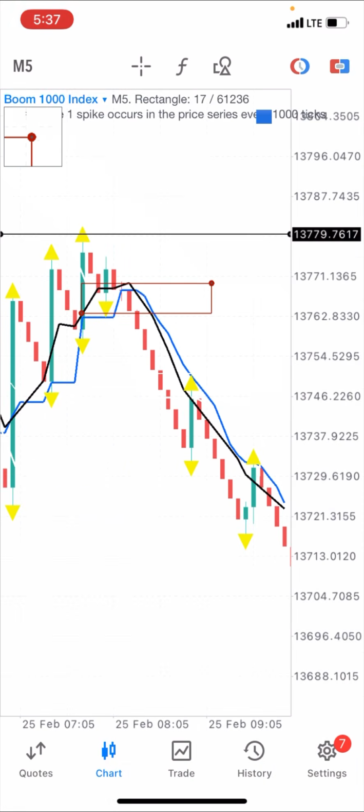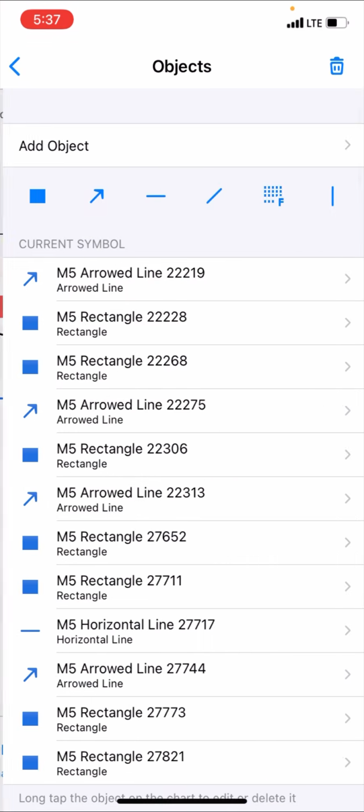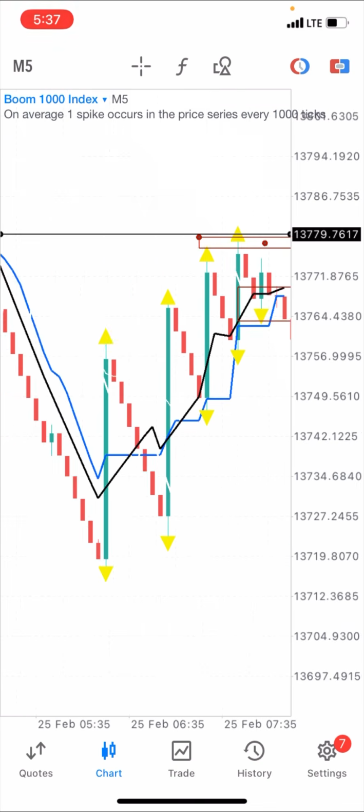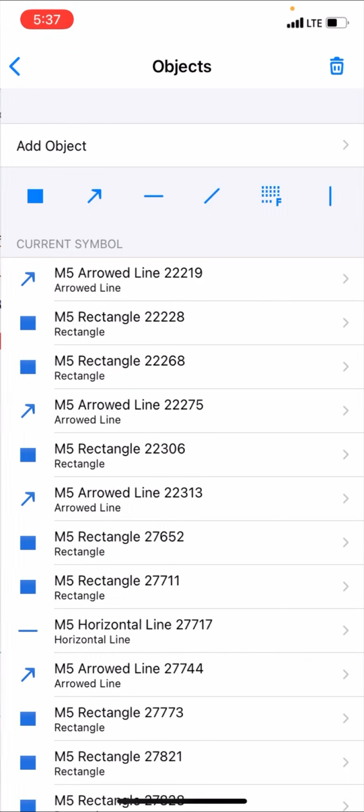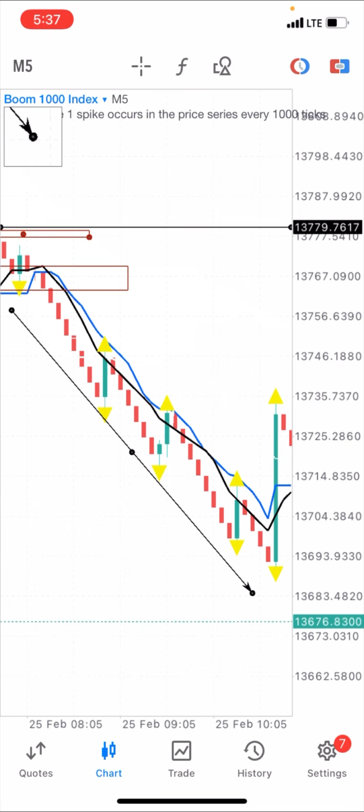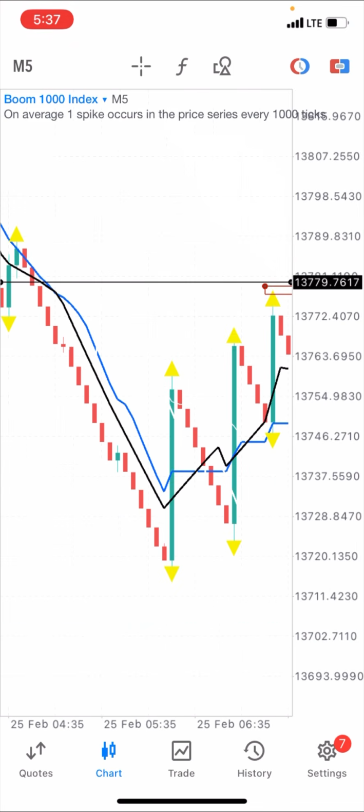This is another example of price crossing the moving average and the Ichimoku crossing itself immediately after the fractal had showed up right here, and then boom, you can see all the candlesticks that have been printing ever since that time. All right, now to be on the safer side,